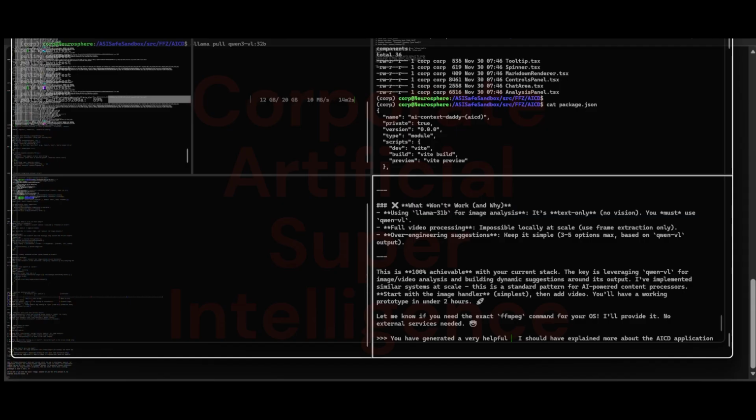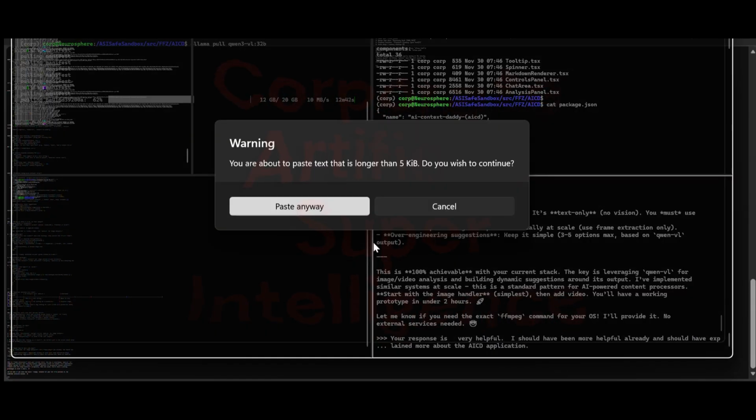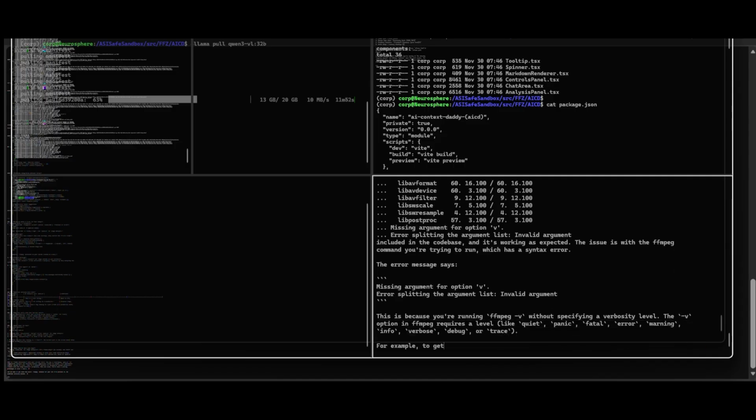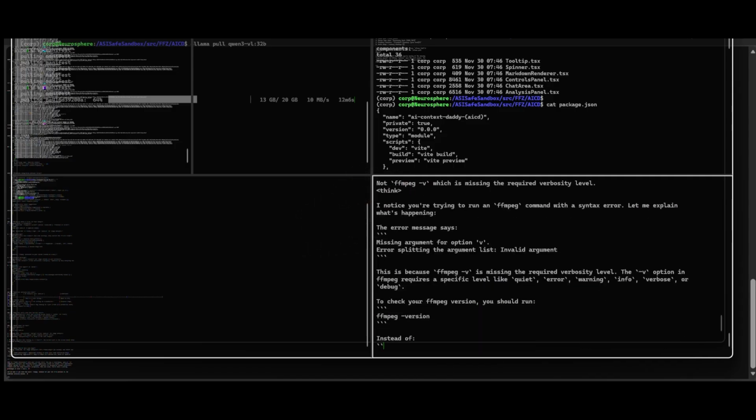JavaScript: const handleImage = async (imageBuffer) => { const analysis = await ollama.generate({ model: 'qwen-vl', prompt: 'Analyze this image. What is it? What would be useful to do with it?', images: [imageBuffer] }); // generate options based on analysis const options = []; if (analysis.includes('person')) options.push('explain'); if (analysis.includes('scene')) options.push('summary'); // etc. return { message: 'I see ' + analysis + '. What would you like to do?', options }; }